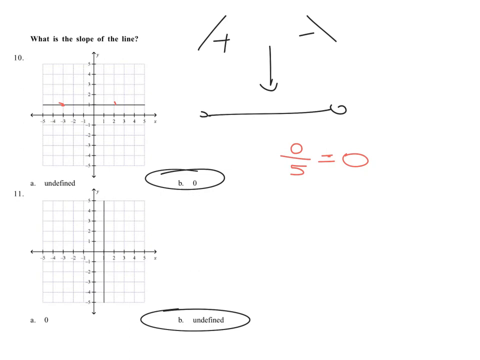For something like this point here and that point there, I'm sorry, those aren't on the line. I don't know what I'm thinking. This point here and this point here, you would get a y change of 9 over an x change of 0 because the x coordinate doesn't change. It's 1 on both of those points. And you can't divide by 0. In mathematics, division by 0 is undefined, so we have an undefined slope for number